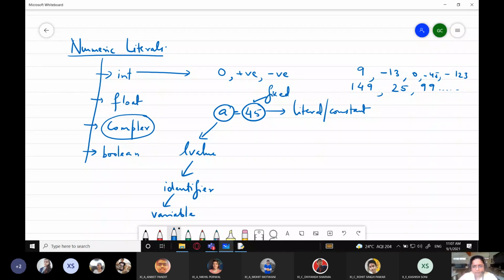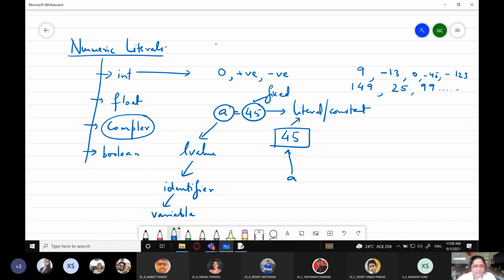So this 45 is what? It will be 45 only. You cannot change its value. But A can have any value at a time. Currently, A is pointing to 45. This is how Python stores the value. We will be studying in detail about how Python stores the different data objects in the chapter data handling, right? Right now, this is only an introduction to various data types. So currently it contains 45, and this 45 is a literal.